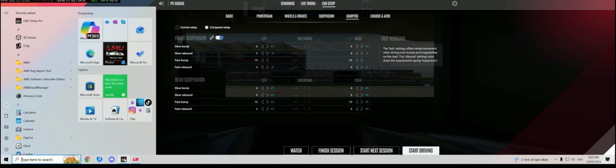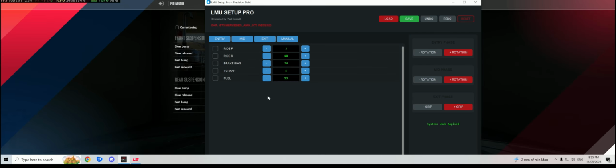So you go back out and you test it, and if you still don't have enough rotation, or you've got too much rotation, you just tab back out, go to the app, and it will remember what you had on here. So then you just minus off the rotation as you feel need to. If you want a little bit more, you do another click somewhere and it will change it here. If you're getting too much, still too much oversteer on exit, hit it again, it will change something. And then you just resave it,